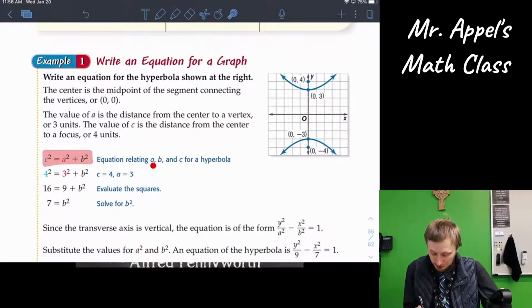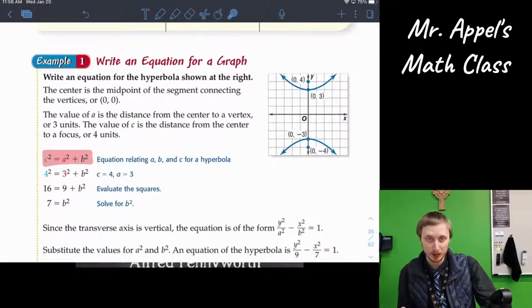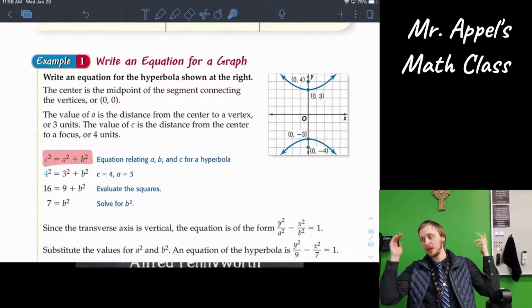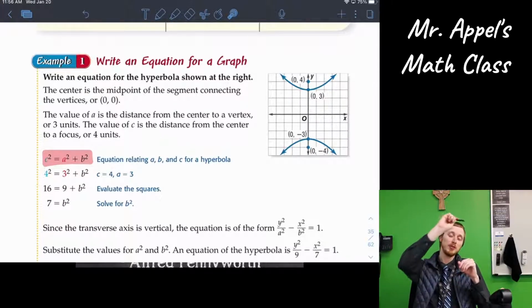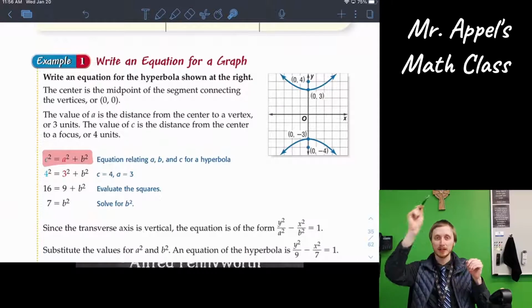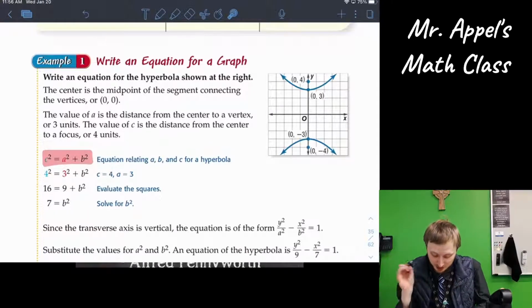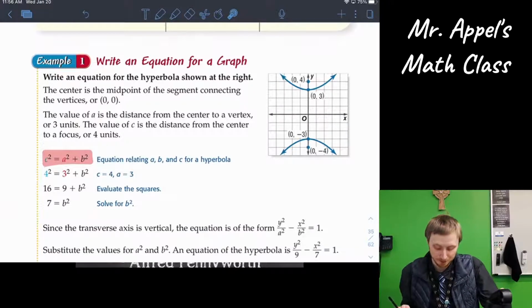Equation relating A, B, and C for a hyperbola. It's Pythagorean theorem all over again. This time, good news, C is where we expect it to be. C is the long one. And I think you can tell that from looking at the hyperbola,